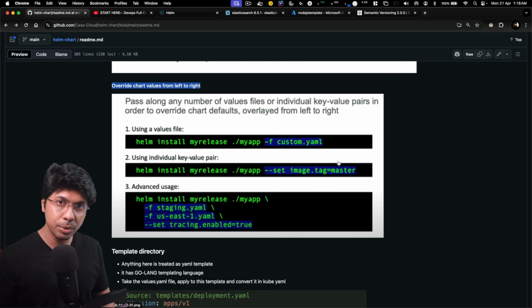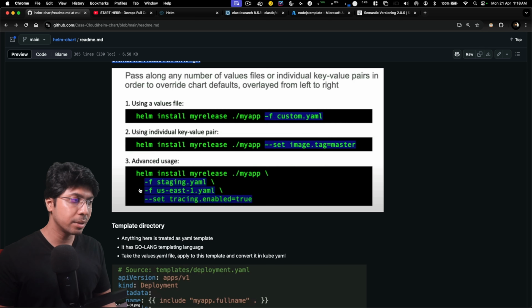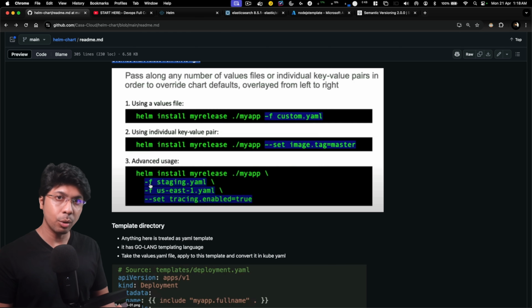There is another option: sending not only a particular file which includes all the variables, I can also set a particular value using --set. But in the advanced use case, we can add multiple files and set multiple variables, and it goes from left to right. Whichever is the rightmost will take the highest precedence, and whichever is the leftmost will take the lowest precedence if you have the same variable in the leftmost file and in the rightmost file, or in the